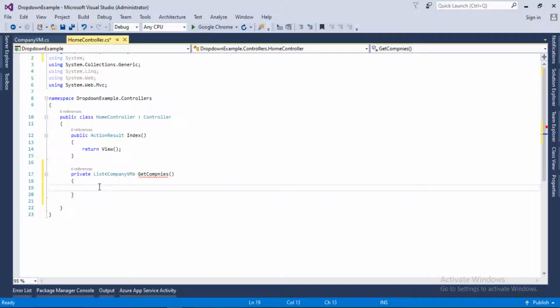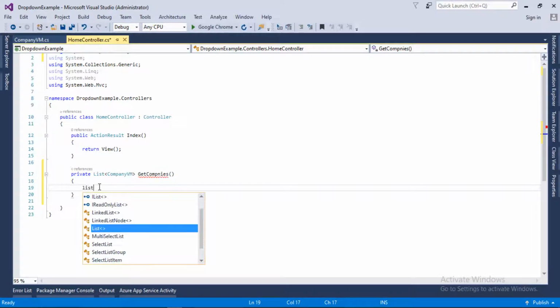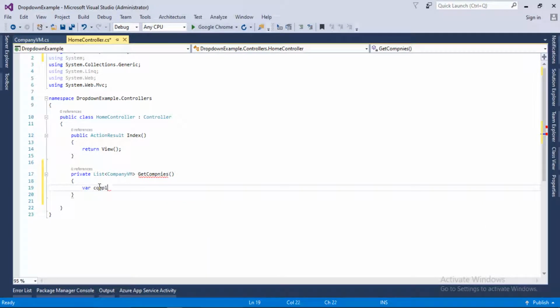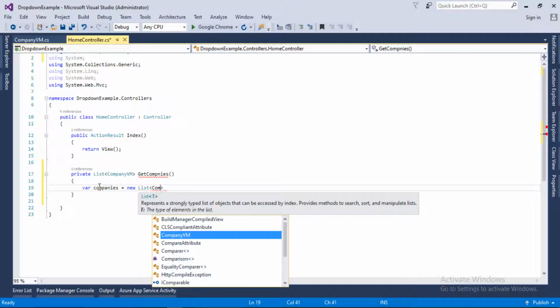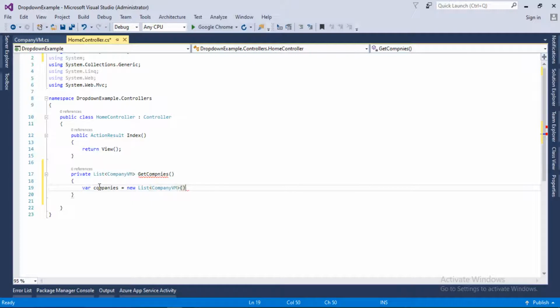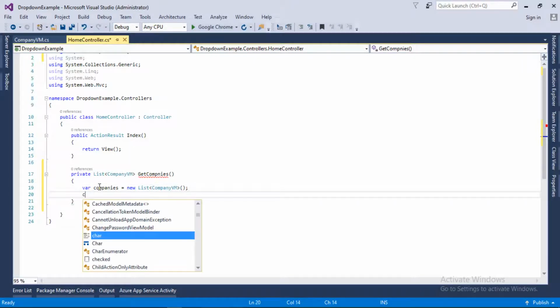And here we will create a list of companies. This will be a new list of CompanyVM. Let's add some items in the companies list.